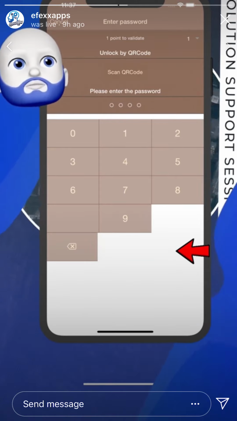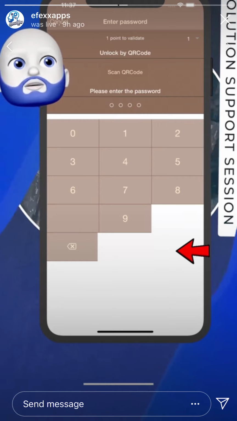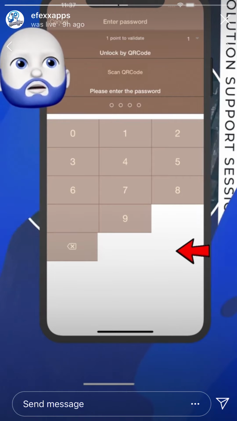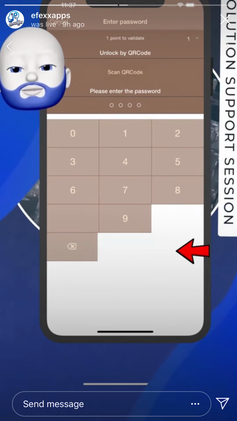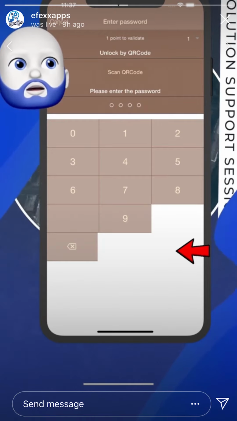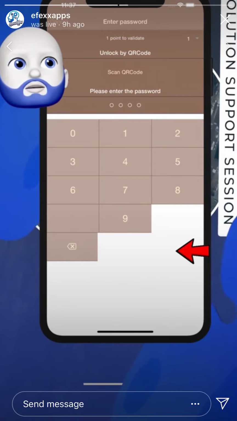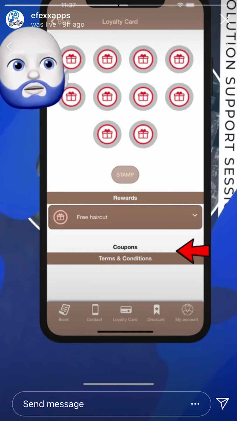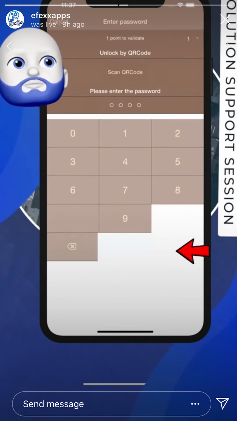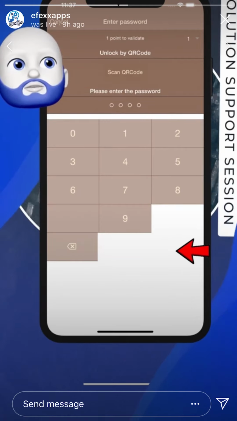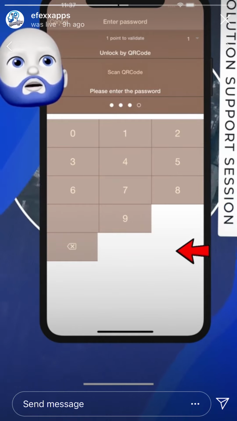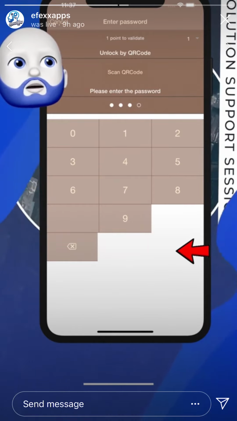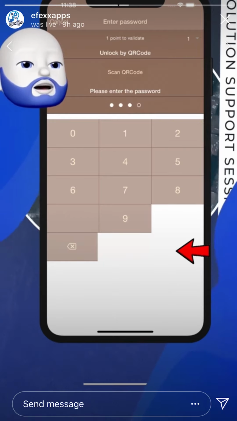All right. So earlier we created this loyalty card and we created a validation PIN. Basically the customer comes in and says, hey man, thanks for the help. You say, all right, download my app. They hit the stamp button and hand you the phone. Now you take the phone from them and put in the PIN. We made the PIN very easy: 1, 2, 3. And once I hit this 4, what it's going to do is